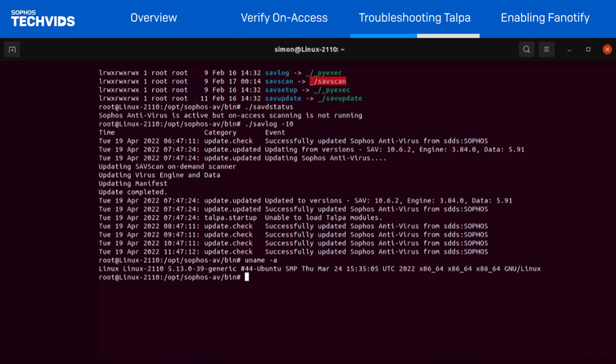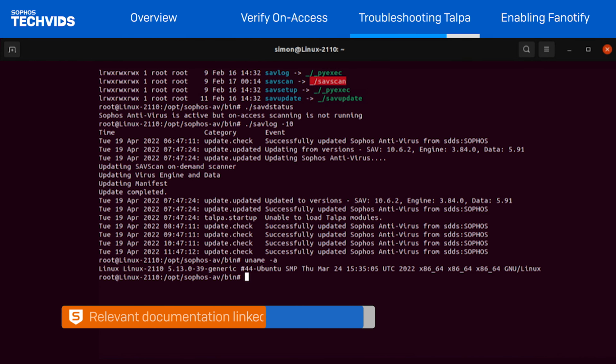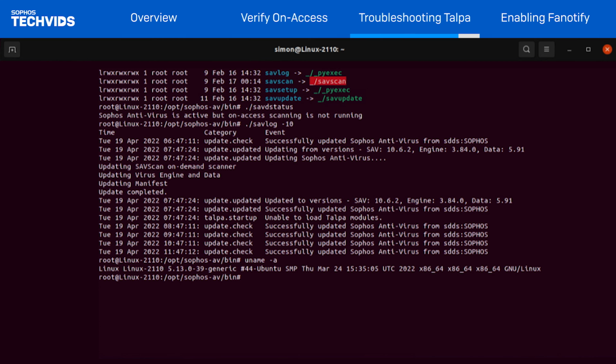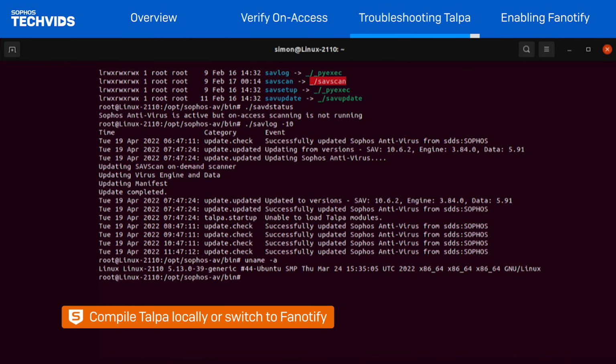Once you have obtained the information from the above command, check if the kernel version is listed in the pre-compiled Talpa binary packs, which is available in the Sophos KB article. And if it is not listed, you will need to either compile Talpa locally or switch to FA Notify.